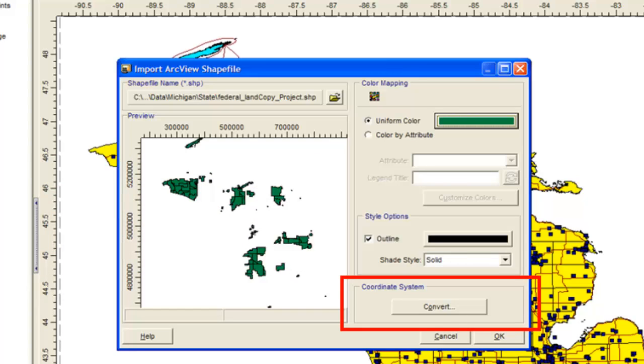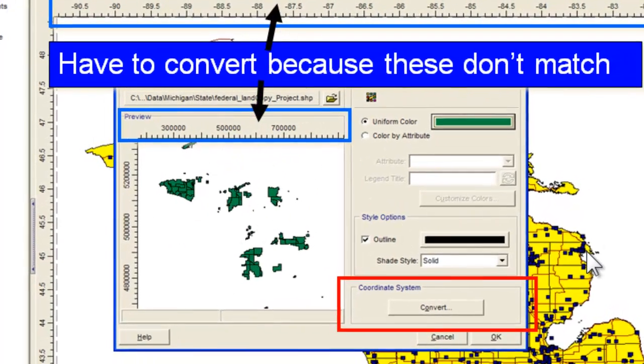The next slide shows examples of when you need to use the shapefile coordinate converter, because as you can see right here, the file imported uses the UTM coordinate system, so these are really big numbers and they don't match these latitude and longitude numbers that are shown in TEISS. So if you click on the convert button,